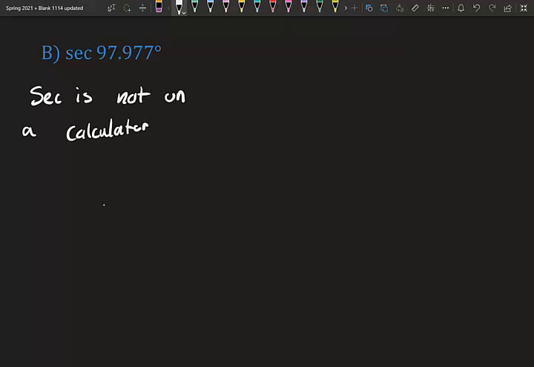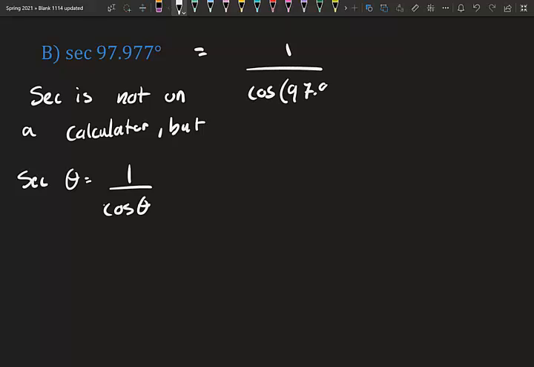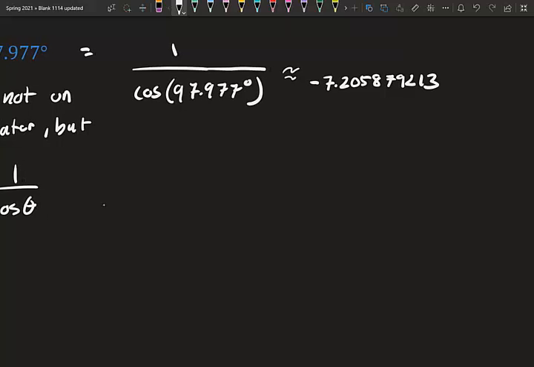So secant is not on a calculator, but we know something about secant. Secant theta is the same thing as 1 over cosine theta. So what we're going to do is just flip this to cosine. So we can change this to 1 over cosine 97.977 degrees. And that's all we do. Plug it into your calculator, and we get about negative 7.205879213. So if you're working with secant, cotangent, or cosecant, you just take the reciprocal and then plug it into